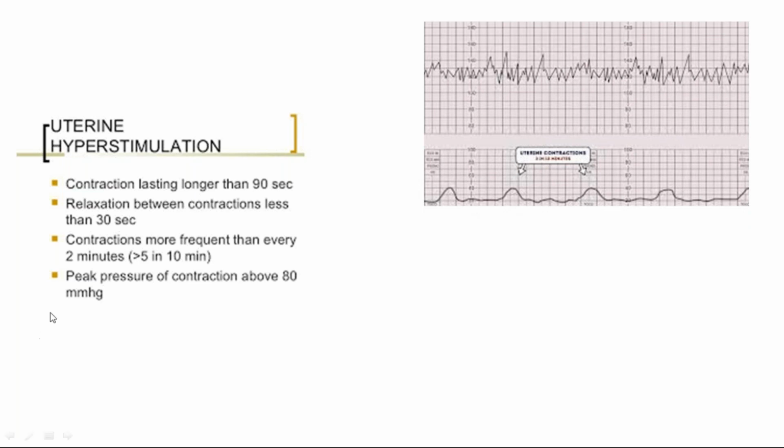Can you see? If you look at the normal uterine contractions, so much relaxation is there in between the contractions, right? And there are hardly 1, 2, 3 contractions. In 10 minutes, each one is 1 minute, she is hardly having 2 contractions, right? And then you see the peak, it is not crossing.